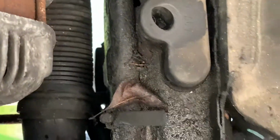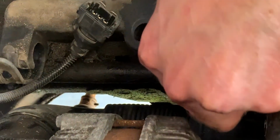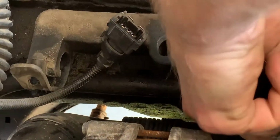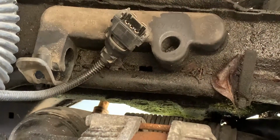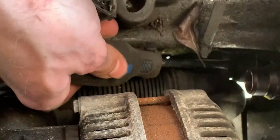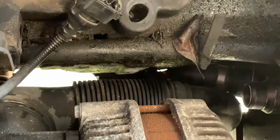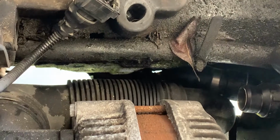I guess what I could do to make our lives easier is pull the spring up. Shouldn't have to, but come on, get in there. Now it should slide on relatively easily, if I can get a hold of it. Oh, wow. That is brutal. I don't know how this...